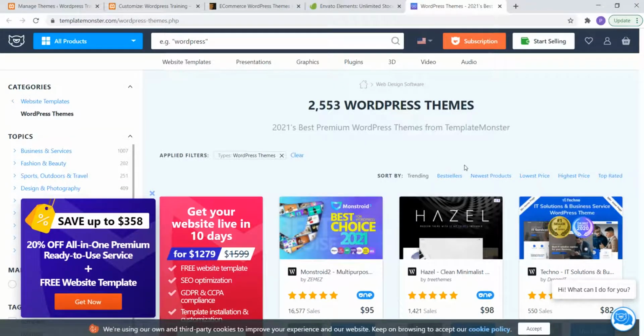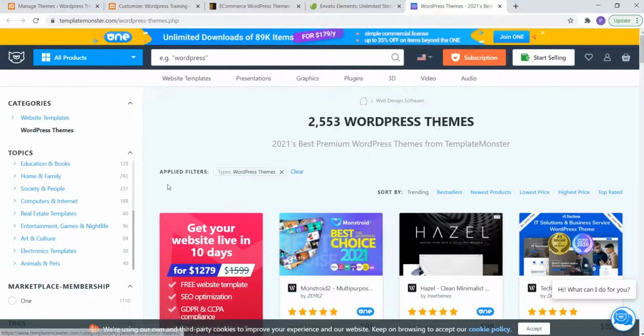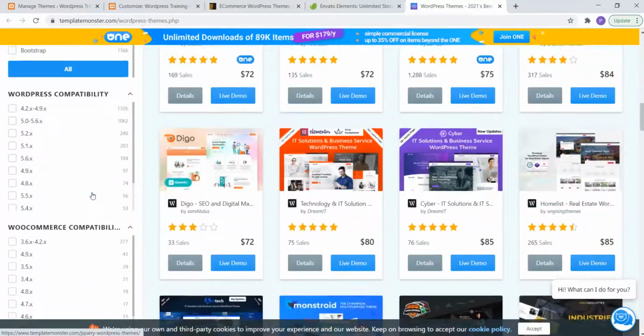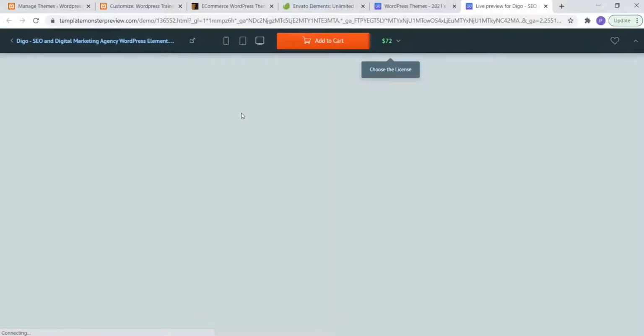This is also a place where, if you see here on your left, you have a categorization. Is it a business or a fashion or sports, design, or is it for automobiles or for computers, anything. So depending on that you will be getting the options here. You can just go for a demo version. I mean, you can just visit how it looks and then you can purchase it if you like.